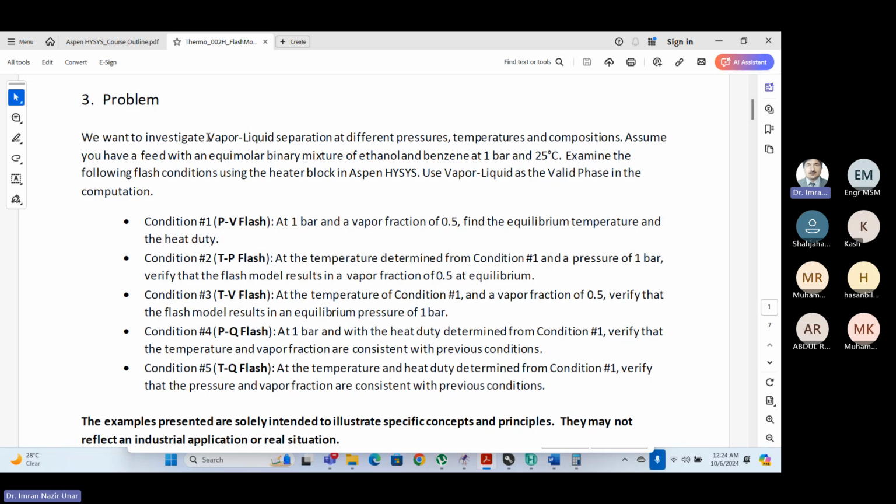इस प्रॉब्लम में हमने ये करना है कि we want to investigate the vapor liquid separation at different pressures, temperatures and compositions. Assuming you have a feed with an equimolar binary mixture of ethanol and benzene. When we say equimolar binary mixture, का मतलब है कि इसमें 2 ही चीजें हैं, इथेनॉल और बेंजीन। इक्विमोलर का मतलब है कि जितने मोल इथेनॉल के हैं उतने ही मोल बेंजीन के हैं, तो इसकी मोल फ्रैक्शन क्या रहेगी, 50-50%। मतलब 0.5 मोल फ्रैक्शन इसकी रहेगी, 0.5 इसकी। भले मोल्स कितने भी हों, मोल फ्रैक्शन उतनी ही रहेगी, 0.5, क्योंकि इक्विमोलर है। 3 मोल इसके, 3 मोल इसके, तो फ्रैक्शन सेम रहेगी, 0.5।